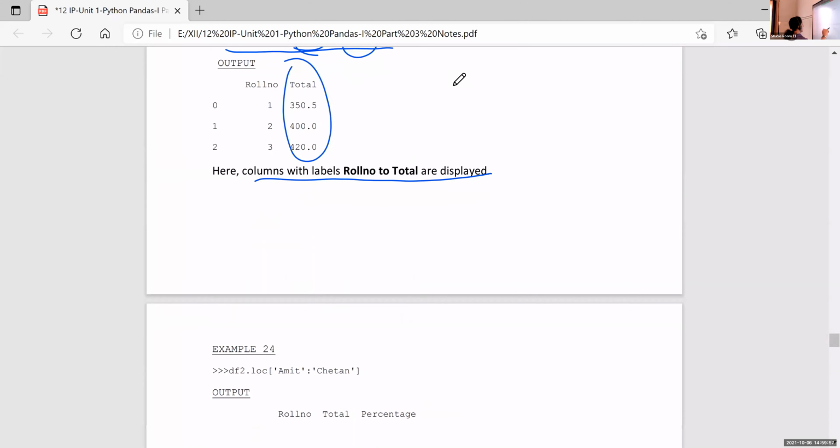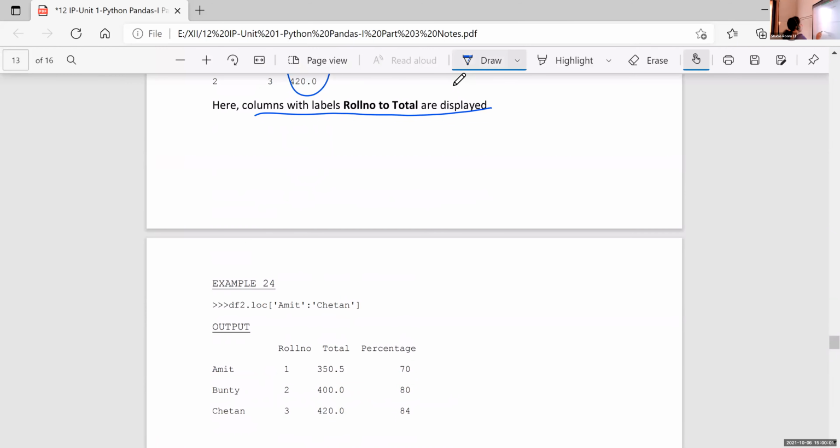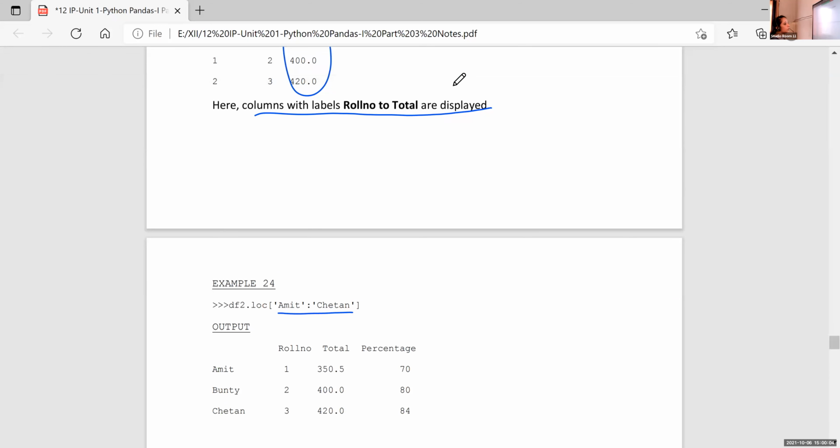In this case, we are just giving a set of row names, Amit colon Chedan. So it will display the Amit row, Bandi row, and Chedan row. It will start from Amit and the stop value is Chedan. We are using the loc function, so we include that last value also, that is Chedan. If it is iloc, we exclude Chedan.